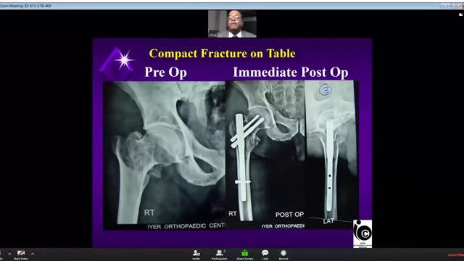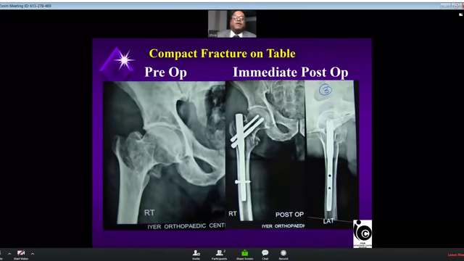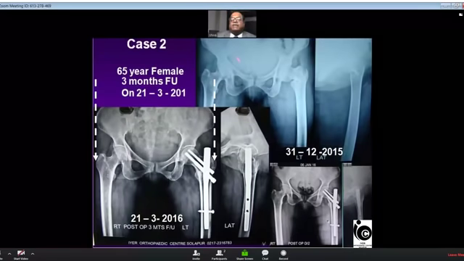That's very, very important. Sometimes due to collapse at the fracture site, the screw comes out slightly, by about 2 to 5 millimeters outside. That's fine, but that is not in our hands. But tightening on table is in our hands. So we have to judiciously compress.